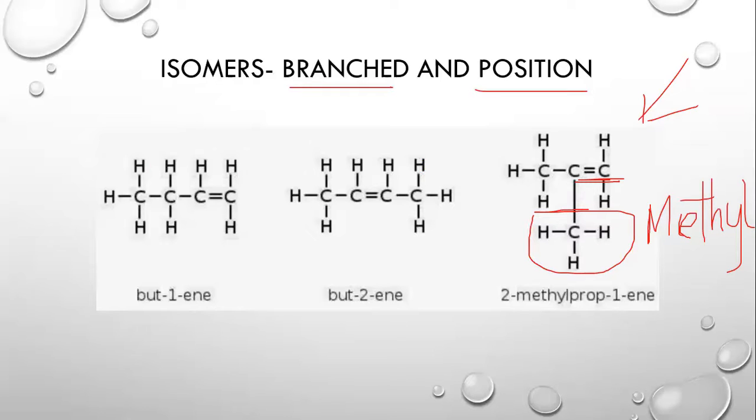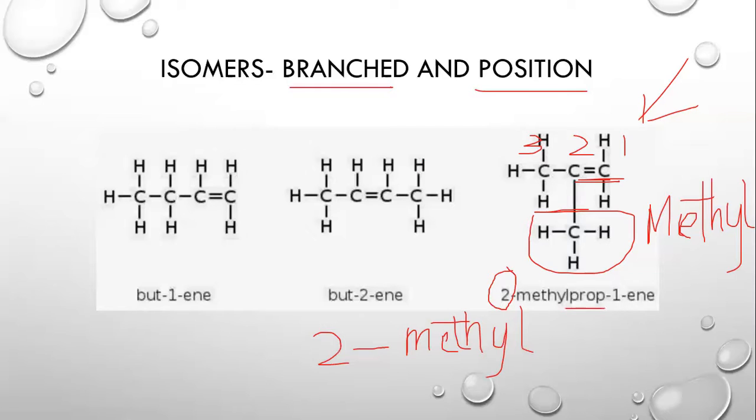So this is methyl. Now remember that in branched isomers, we first write the number from where our branch is attached. So our branch is attached to carbon number 2, right? So from where our branch is attached, we need to number it. As the branch is attached to the middle carbon, it doesn't make a difference from which direction you number. So we are going to number it from 2. Then we are going to write the branch name as we do in alkanes, which becomes methyl. And then we are going to write the longest carbon chain name.